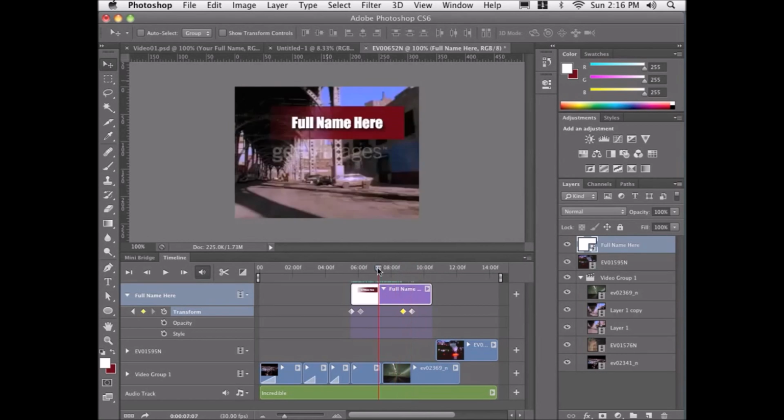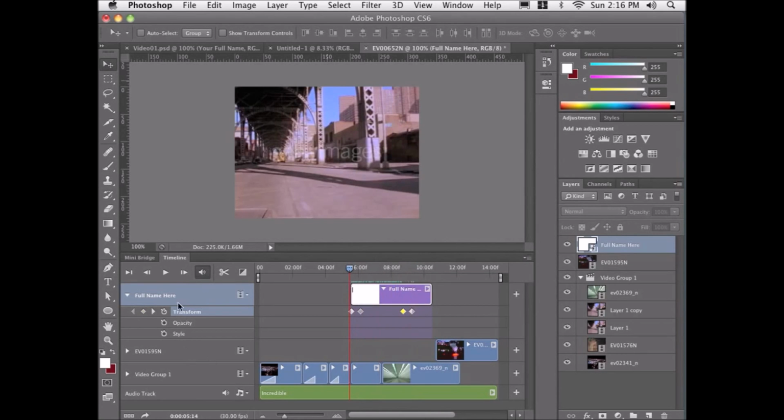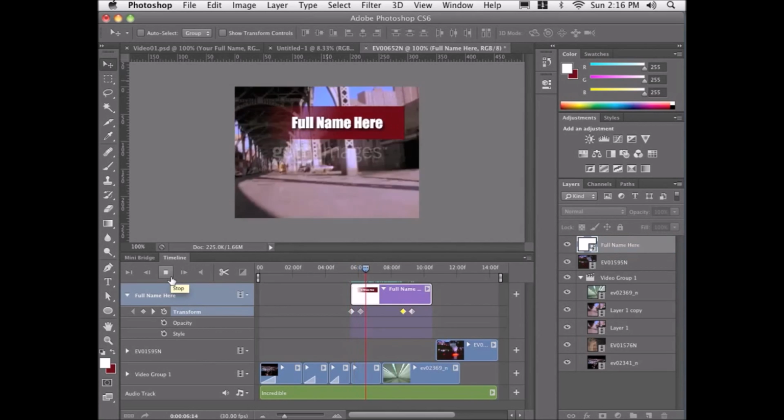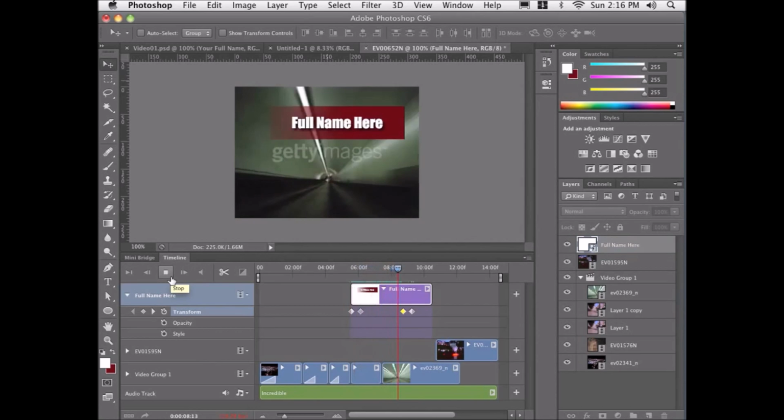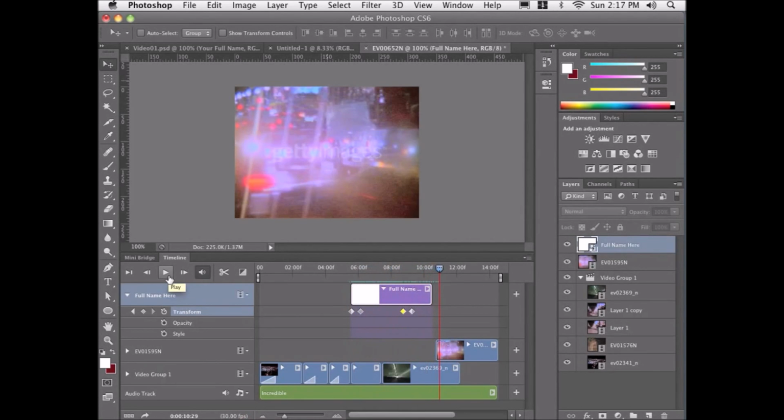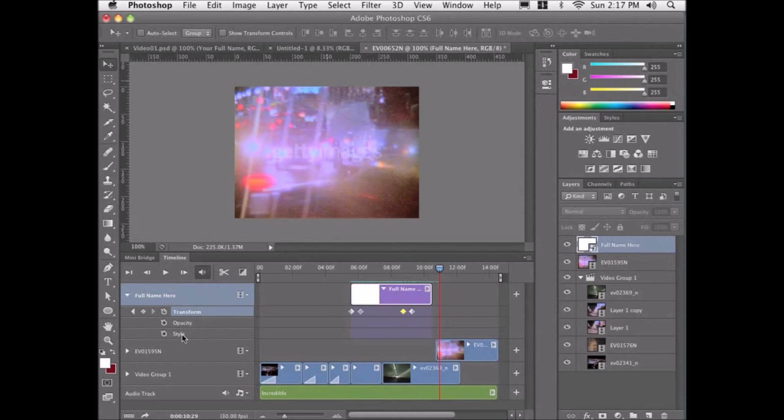So if I drag my playhead back now, hit play, it will be a little slower this time because it's rendering at the same time, but if I hit play, there we go. Up and out. Rules apply to any clips that you have in your timeline. You can animate opacity, you can actually animate style, which is pretty cool,